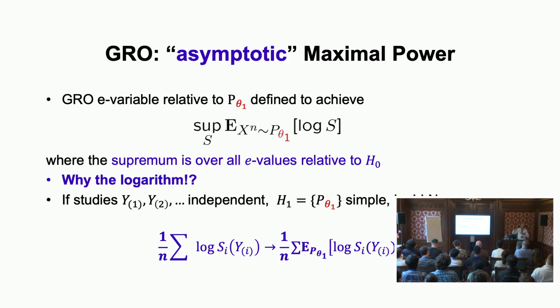So nowadays we have all these papers on having e-variables which still cannot be zero, but which trade in long-run growth rate: they're a bit worse in the long term and a bit better in the short term. And you can use Renyi instead of KL divergence for that, but that's really beyond this. And this is also very new. So until a year ago, everybody used this GROW e-variable.